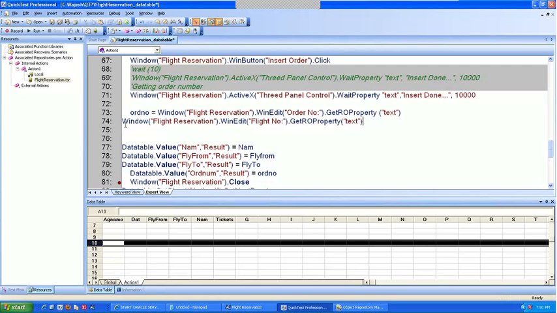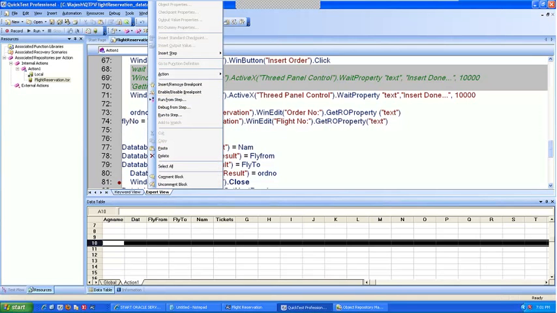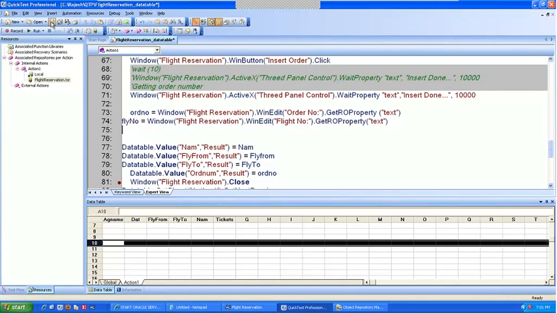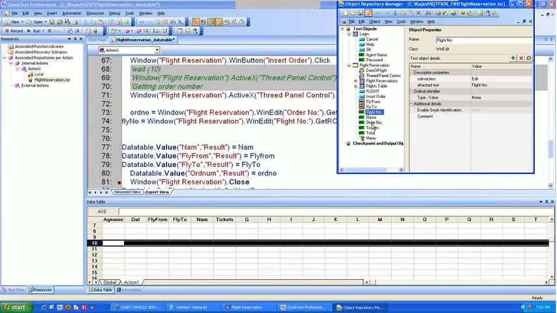Text, and I will say this is equal to flight number. Similarly, I'll take this and put it for my order number also. Order number, I know what to say. What is happening? My Control C, Control V is not working. Okay, so I'll say I want my